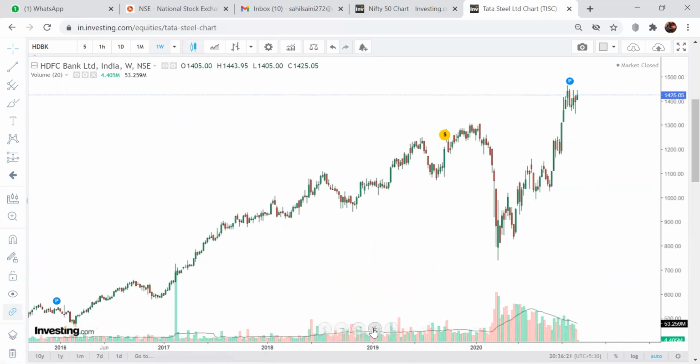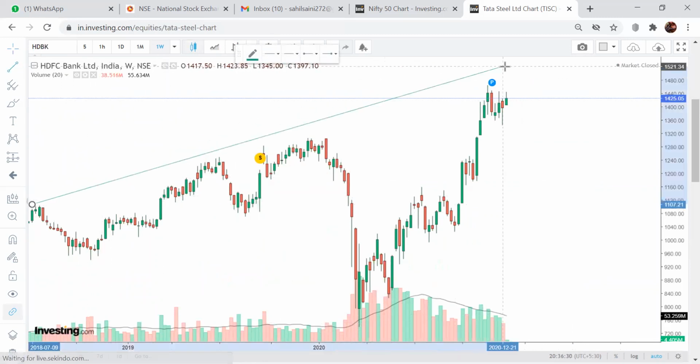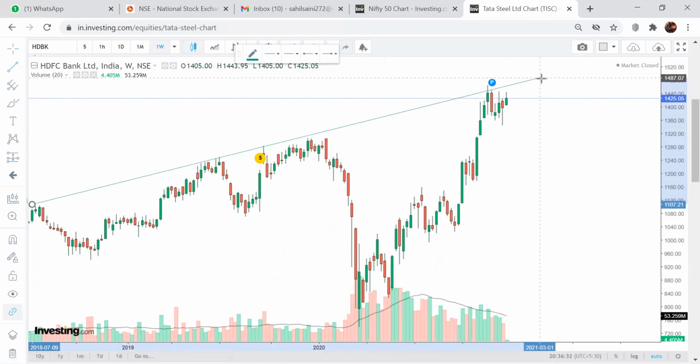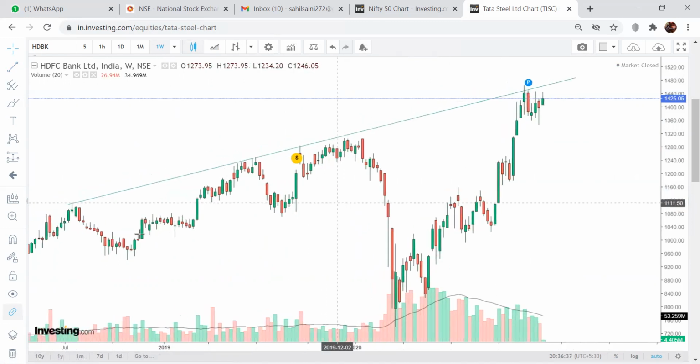HDFC Bank to all-time high. It's good to see banks. So yeah, it took resistance. The price, in upcoming days, has to break the resistance. Actually, volume is decreasing. Moving average coming down. This is not a very good sign for banks.